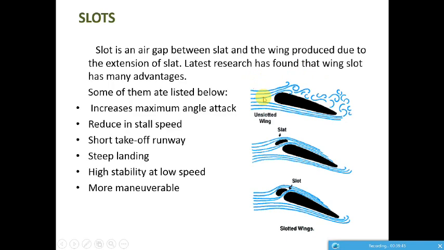Compare that with another airfoil section that has a slat, which also creates a slot in the leading edge. If we rotate the airfoil to the same angle of attack at the same speed,